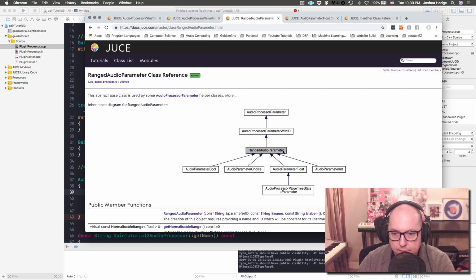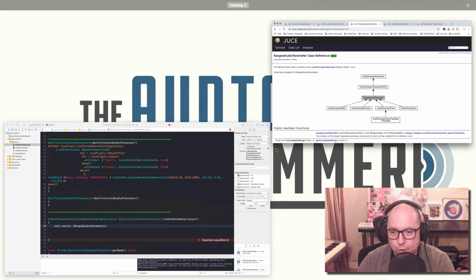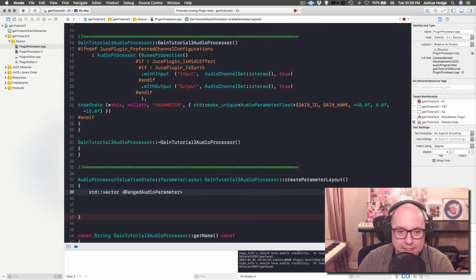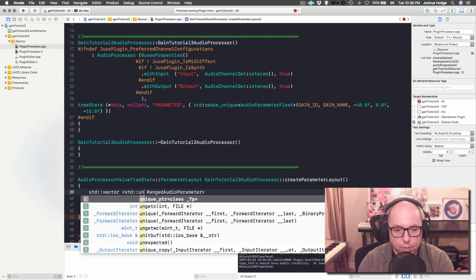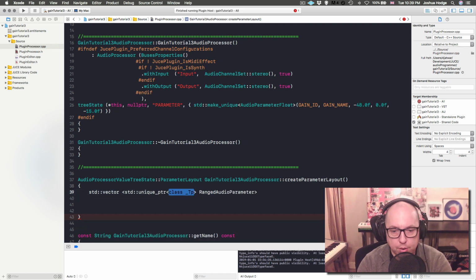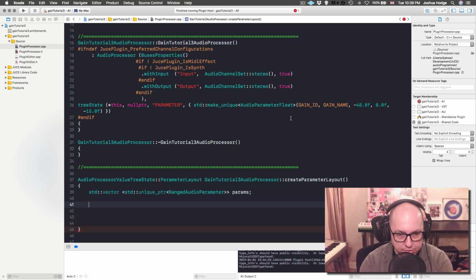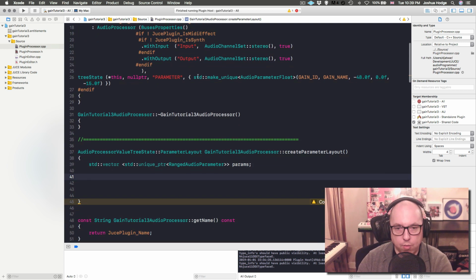That means that this is a superclass. Is that right? Superclass of bool, choice, float, and int. I hope I got that right. So, and this needs to be a unique pointer as well. So let's do this, unique pointer. And then this is a ranged audio parameter. Okay. And then I'm going to just call this params. So this is our container where we're going to put all of our different